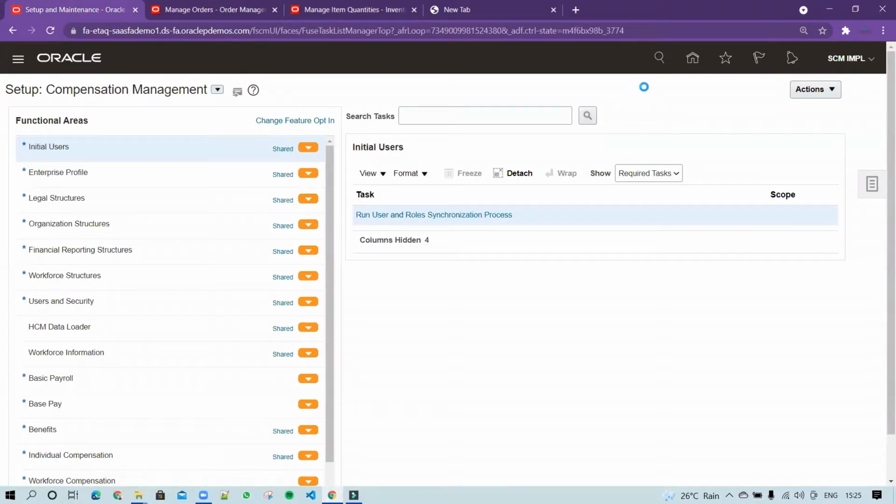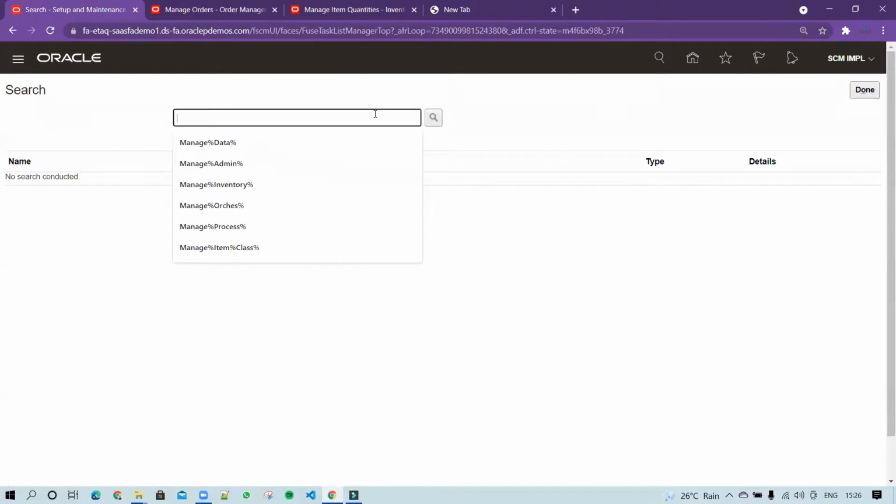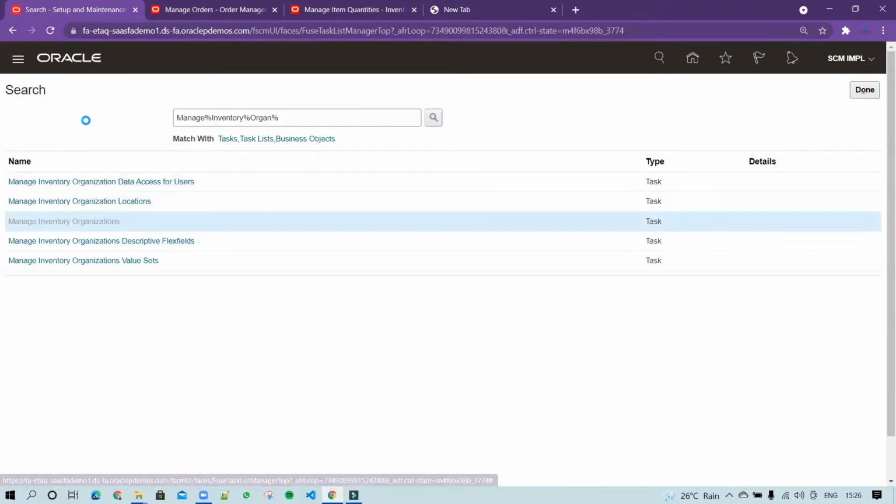So we'll go to the task, and within the task we'll click on search, Manage Inventory Organization. Once you click on search, you can see Manage Inventory Organization, that is the first task.